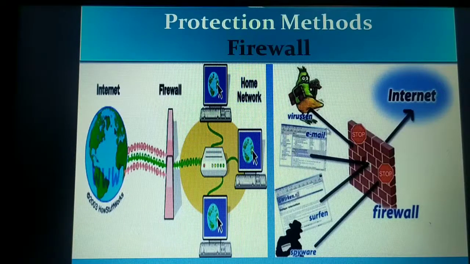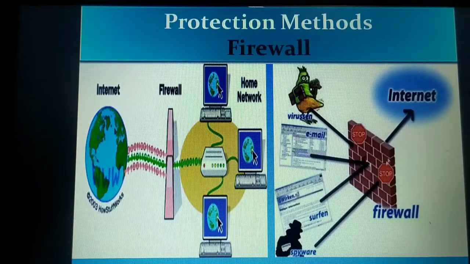When virus kinds of packets arrive at the firewall, it will examine the source IP address. By examining the source IP address, the firewall will get to know that it's an unwanted packet, and it will restrict it from passing through and moving out of your network. Hence, it will be stopped.